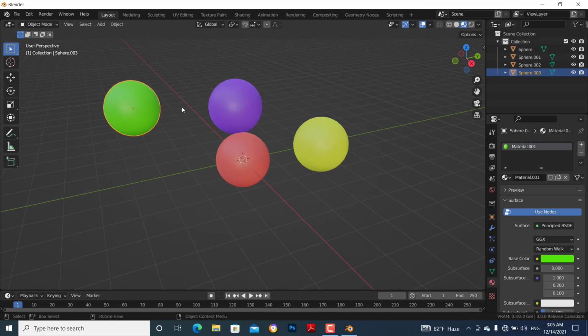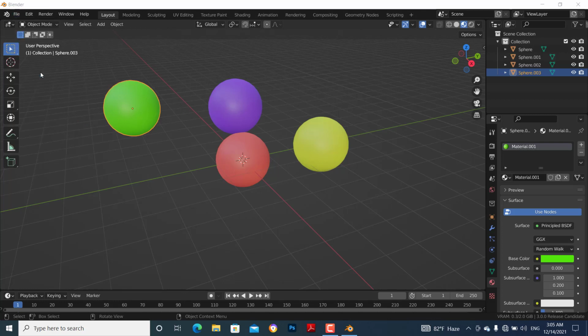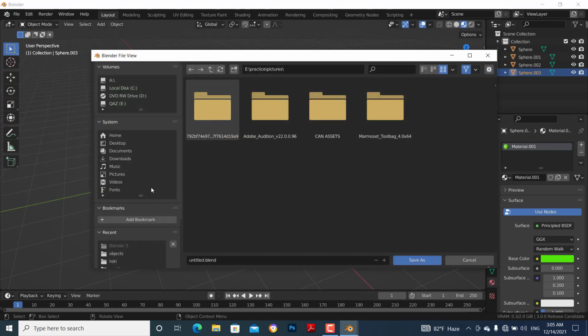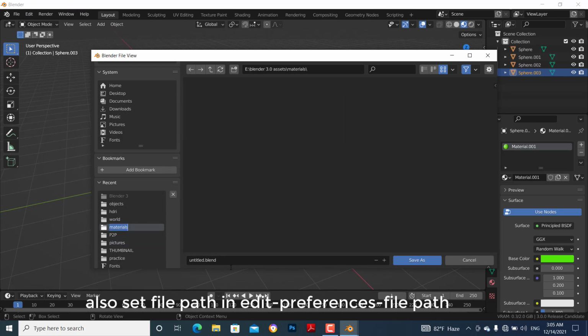Now we are gonna save the material of these spheres. First, save the file by go to save as and add the file to the folder that you prepared before. So save the file there and rename it to whatever you want. In my case, I rename it materials